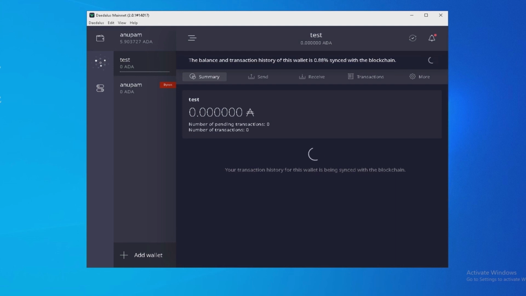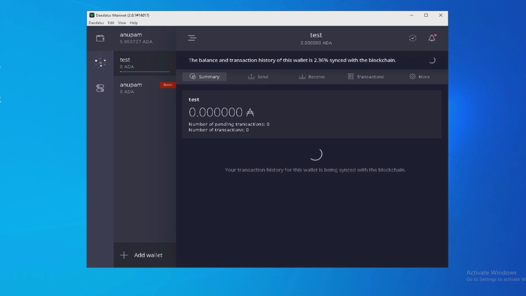And this wallet will again synchronize with the network. See, it's synchronizing over here, and it will take some time to synchronize with the blockchain. One database you are holding on your computer, as I showed you in program files.